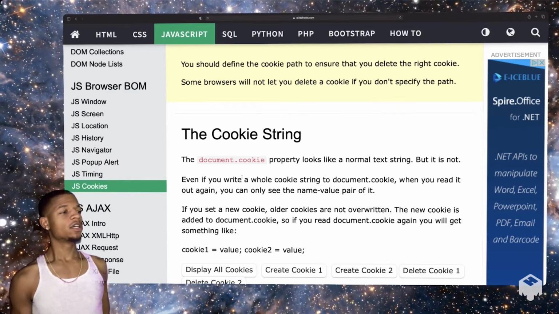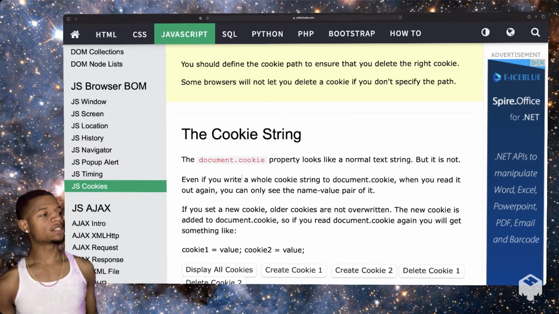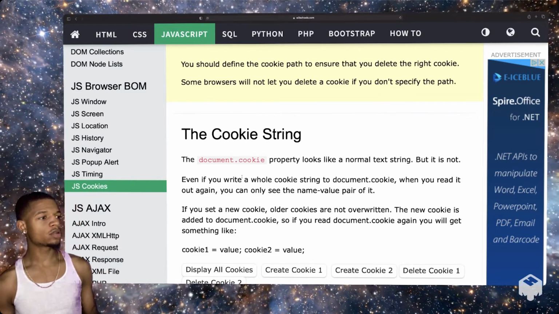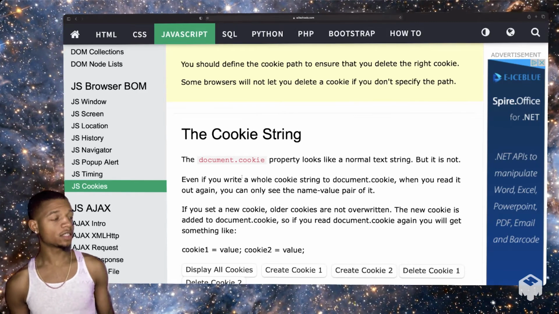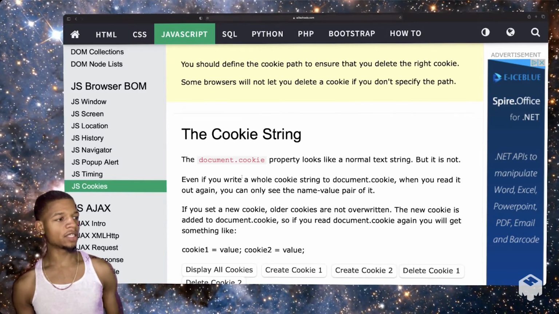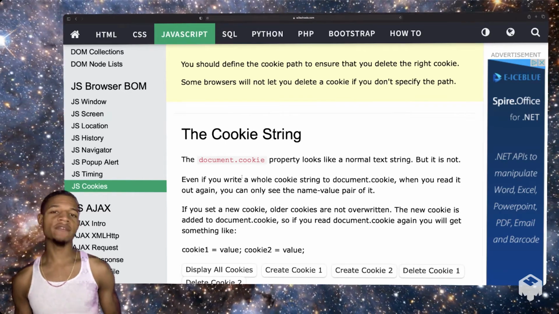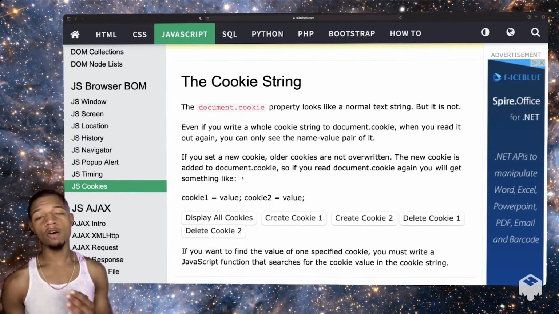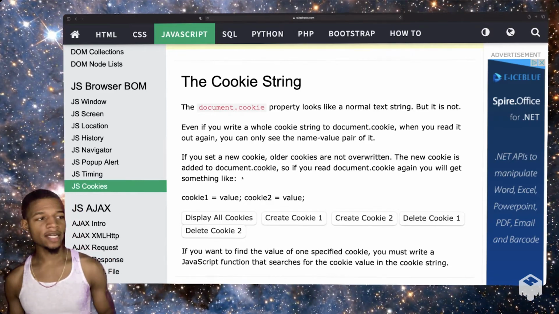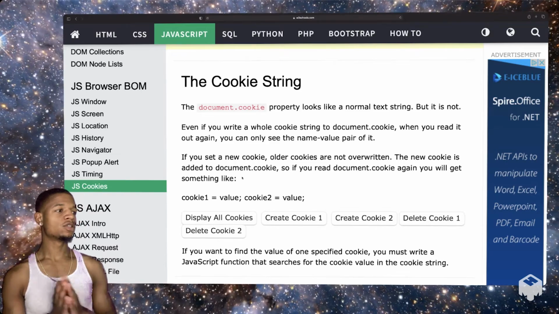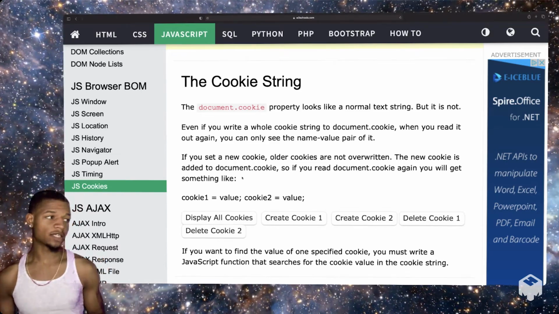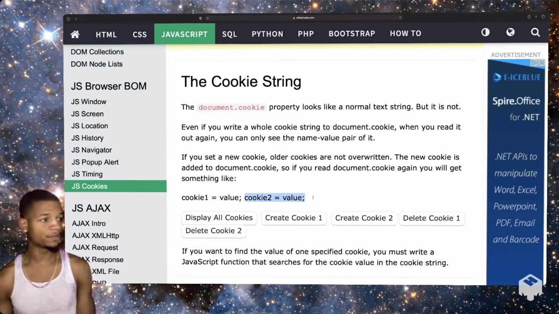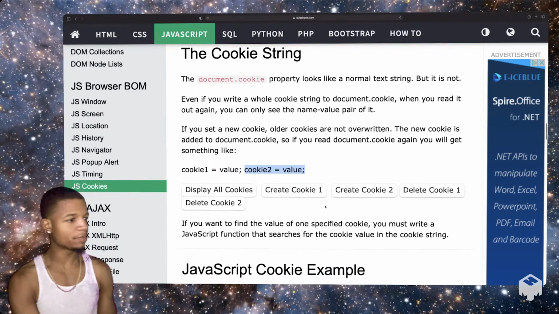All right, so the document.cookie property looks like a normal text string, but it is not. Even if you write a whole cookie string to document.cookie, when you read it out again, you can only see the name value pair. If you set a new cookie, older cookies are not overwritten. The new cookie is added to document.cookie so that if you read document.cookie again, you'll read something like cookie 1 value, cookie 2 value. And so right here they have this little example